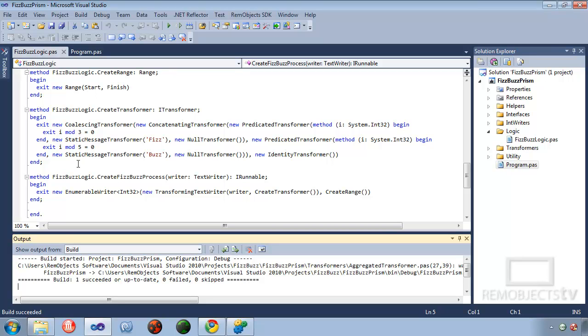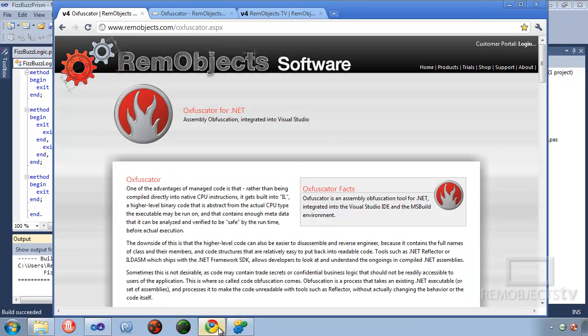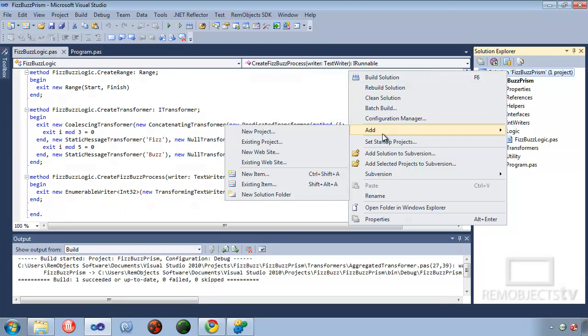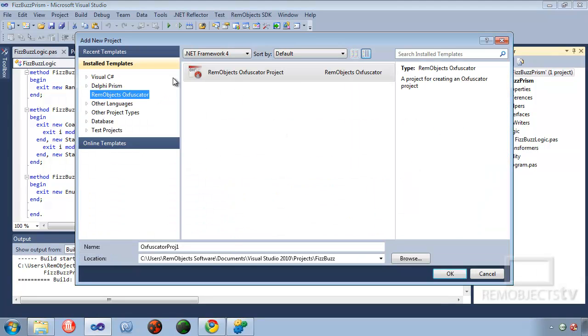So what's a developer to do? How can we protect our source code? This is where Oxfuscator comes into play. Oxfuscator is an obfuscation tool that integrates into the Visual Studio IDE and MS Build. The easiest way to use it is to just go to your solution and say Add New Project, select RemObjects Oxfuscator,